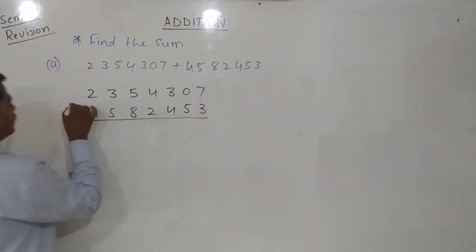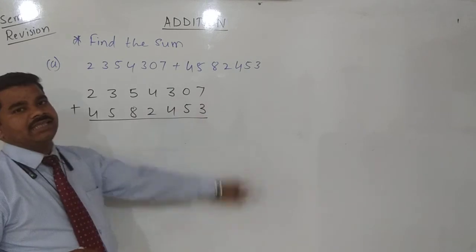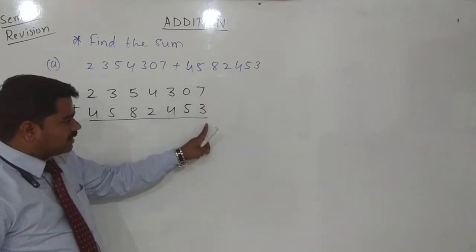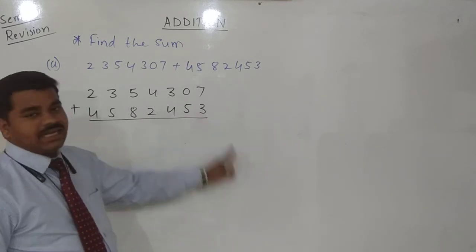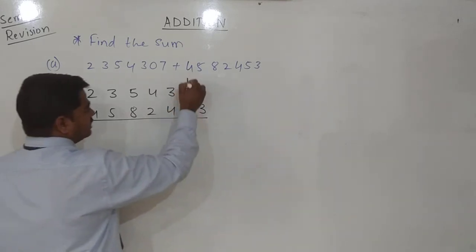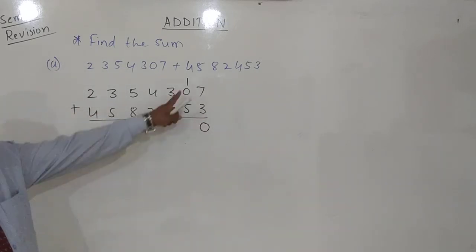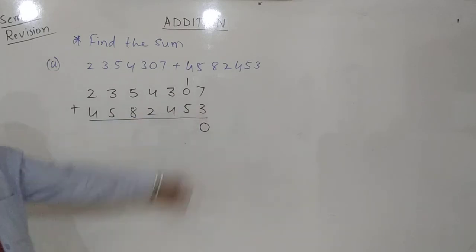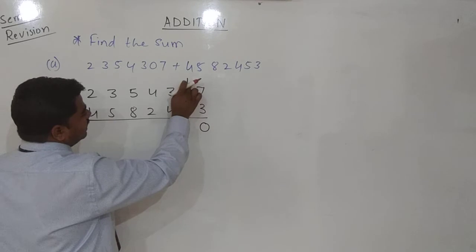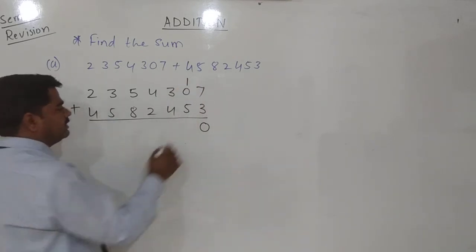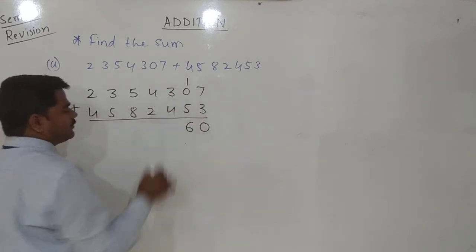Now we can add the numbers. 7 plus 3 is 10. We cannot write 10 ones here. For that we can regroup 10 ones as 1 ten and 0 ones. The 1 ten we carry to the next place, that is the tens place. Then write 0 in the ones place. 1 plus 5 is 6. We can keep the carry here also. Then 6. 3 plus 4,